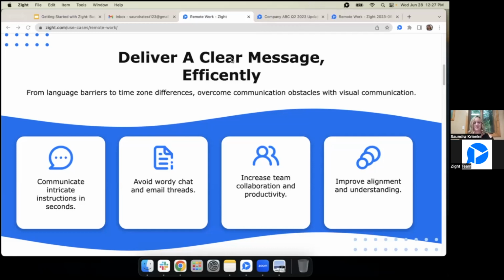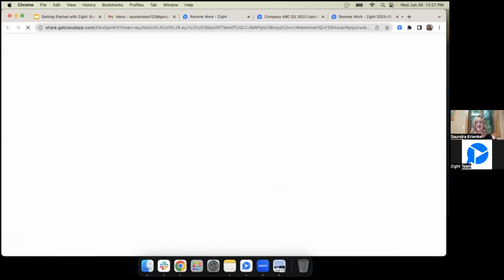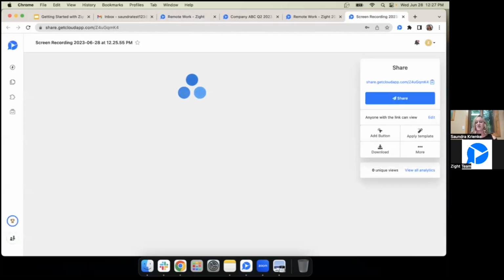So as an example, I was talking about how marketers might want to use Zight or even a GIF to communicate with their team. This is a really great solution when you've got really complex information that is just going to take up a lot of text, and you don't have time or don't want to deal with those misunderstandings that can be caused by back and forth emails and trying to get clarity on what you're trying to tell or what you're trying to show, rather. So GIFs are just a really great solution to do that quick video, 60 seconds. Here's what I need from you. Share it with your team. And in this example, speaking of sharing,